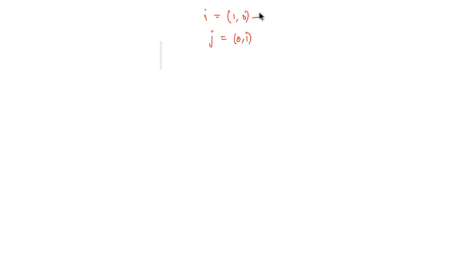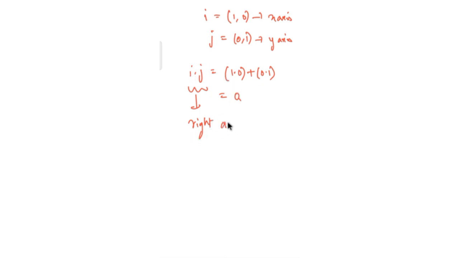This is along the x-axis and this is along the y-axis. So the dot product i into j is equal to 1 into 0 plus 0 into 1, so that would result as 0. Because these vectors have a right angle between them,